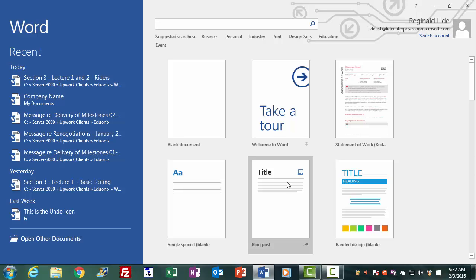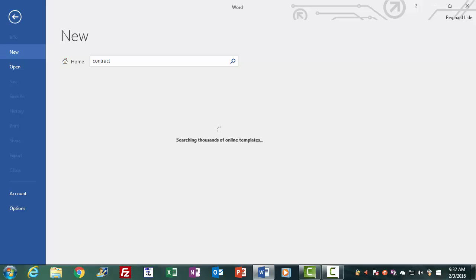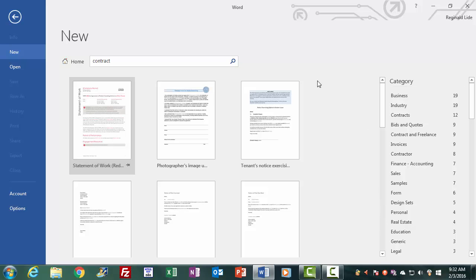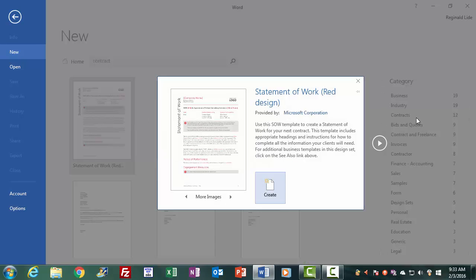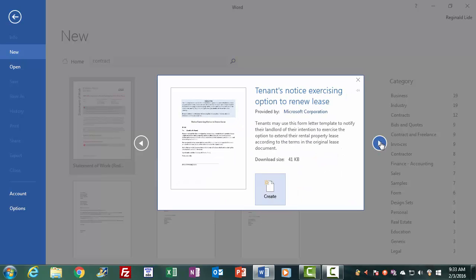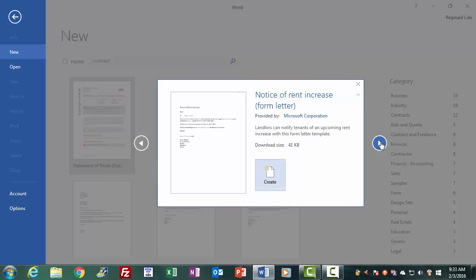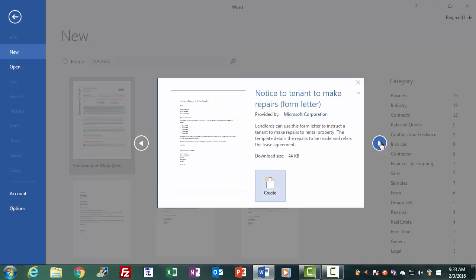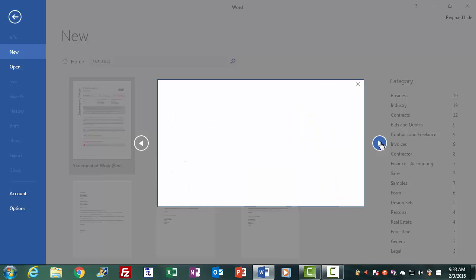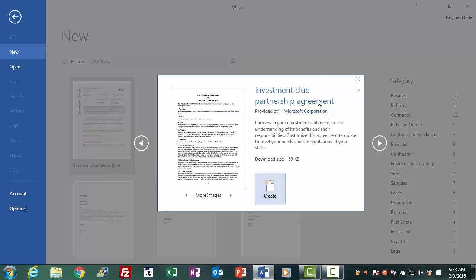As you see, Word searches online through thousands of available templates to find those that match the criteria we type in the search bar, and you see we get a list of different contract templates. Let's click on the first item and then use the arrowhead to the right of the template description window to scroll through the online contract templates. As you scroll, you'll find one that says Investment Club Partnership Agreement, as you see on my screen here. Let's click on Create to create a new document based on this template, and I will go over with you